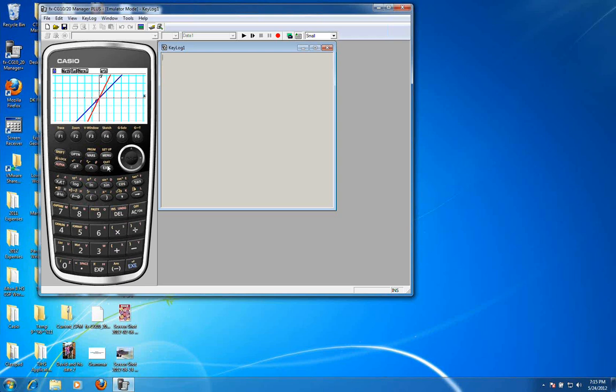Let me back up. It's nice to know that what you should expect to see is a parabola, and if you don't see a parabola, you know I made a mistake. So I plug in the t squared, and now let's try that again. And there's a parabola, and it's up here, and so one of the things we can do is adjust the window, but the Casio Prism has a nice feature. If I want to see that window, all I have to do is press the arrow key, and I can easily adjust the window by letting it scroll. So that's a very convenient feature.